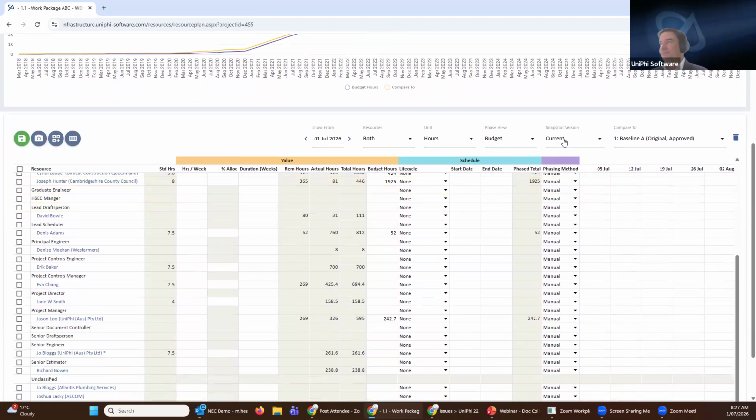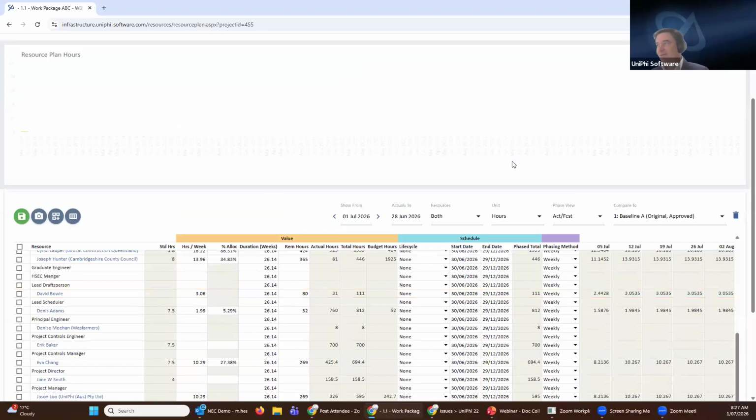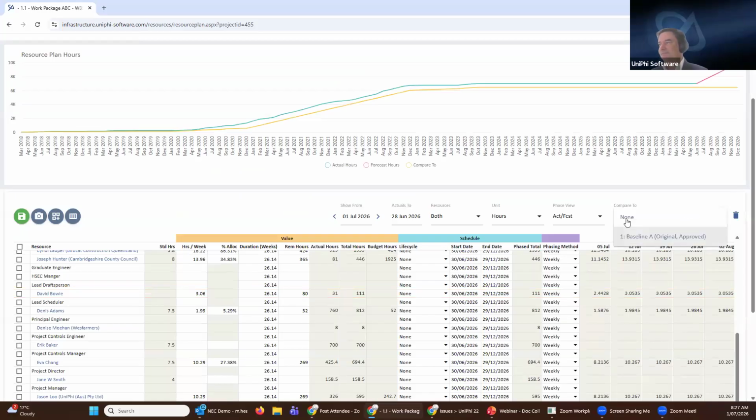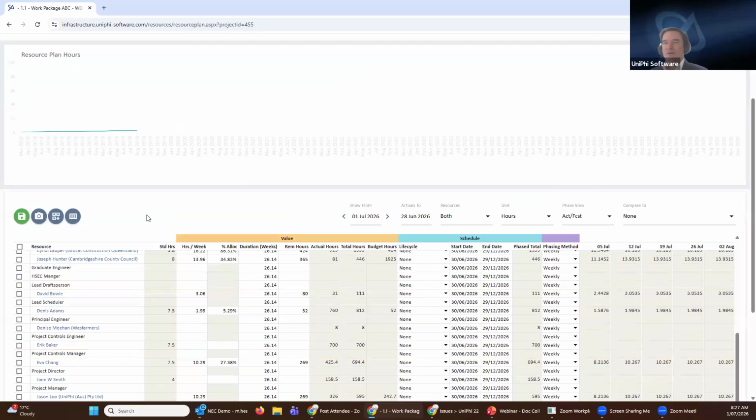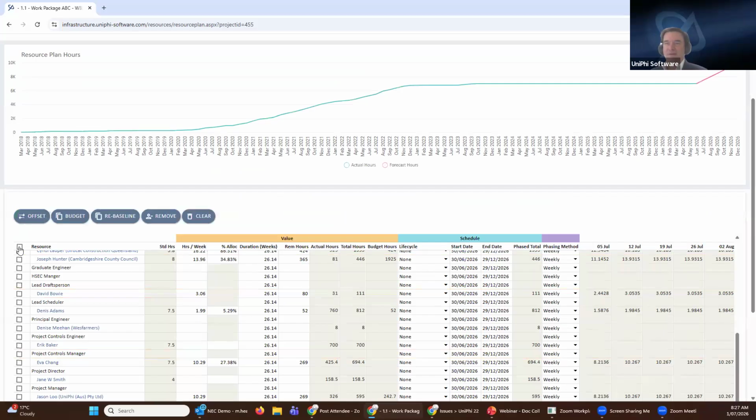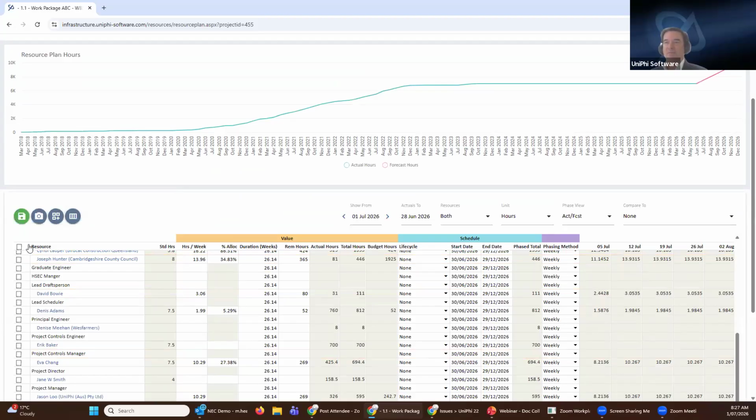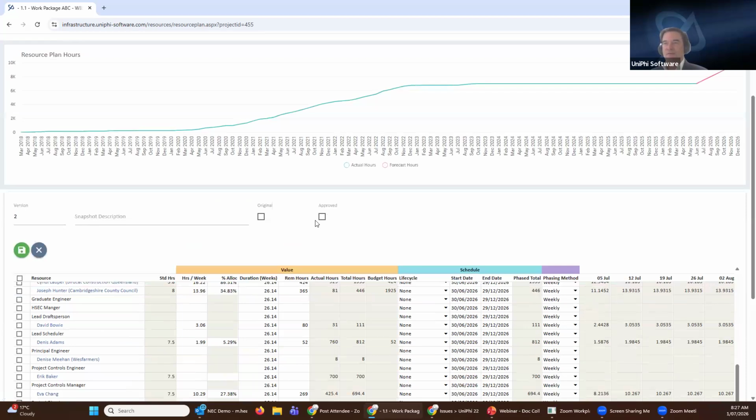If you wanted to, and you're reforecasting in the forecast view, you can also re-baseline. So when I go into this view, I can tick all of my resources here and re-baseline. What that will do is copy everything that's in the actual and forecast screen and put it down into the budget screen. And then when I snapshot the budget, one of my options is to mark it as the approved. So that will become the approved budget. So I've basically re-baselined through that process.